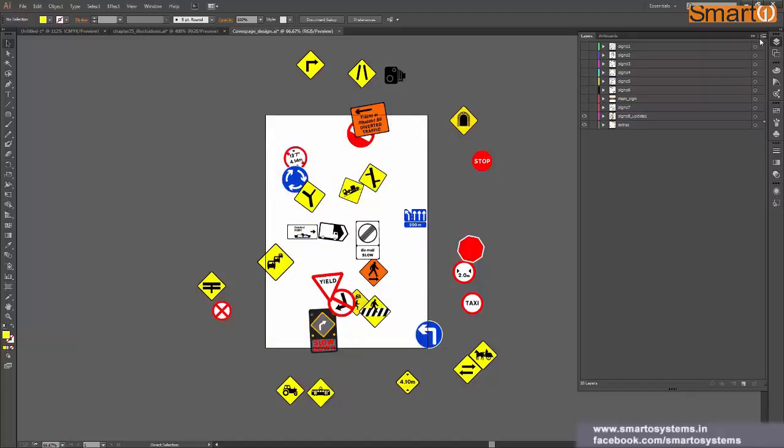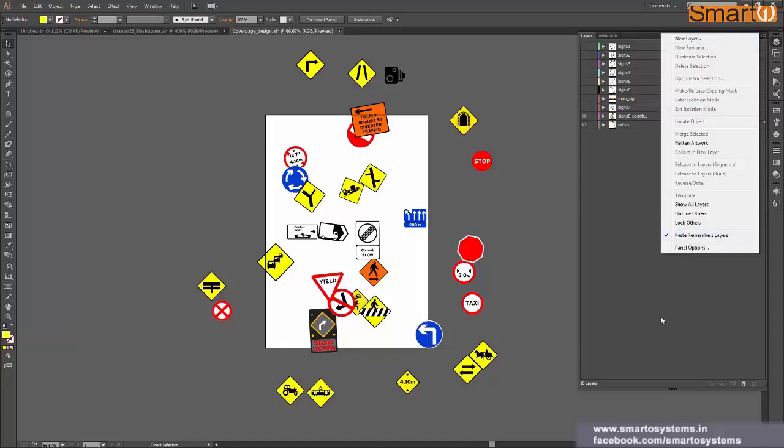Now let's see some more panel options we have available. So just click on this, and now we have so many options in here, and I'm not going to cover all of them because instead of giving you information, I will actually contribute to confusing you. So I'm not going to cover things like make clipping mask and enter isolation mode, exit isolation mode. These things will further confuse you rather than giving you some good information. So for a moment, I'm just going to skip many things in this, and in our future videos, we'll keep covering them one by one. Right now, I'm just going to cover a few options from all this.